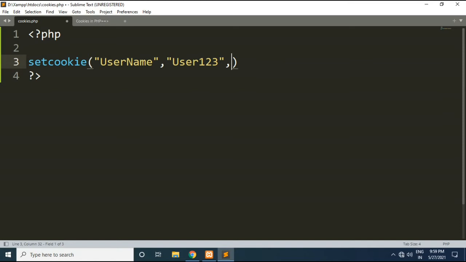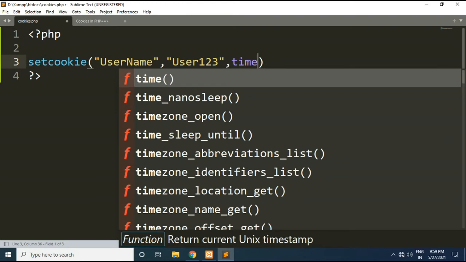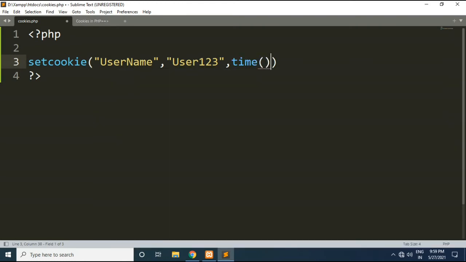So friends, for setting this expiry time we will use a built-in function of PHP called time, which will take the current time, and within the current time we can add a certain amount of time, so when that cookie will expire. So you can specify time in the form of seconds like this. 24 hours into 60 minutes into 60 seconds. Whatever value you get for this will be the number of seconds that are present within one day.